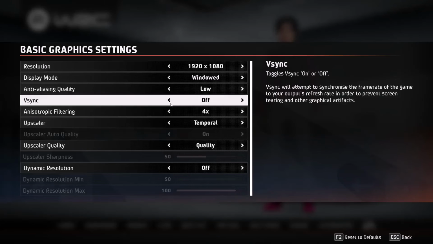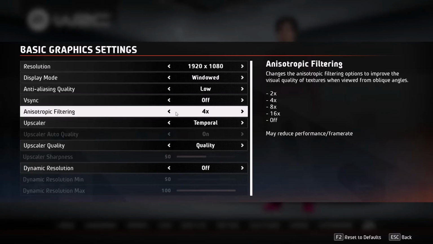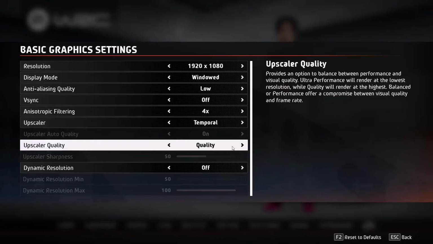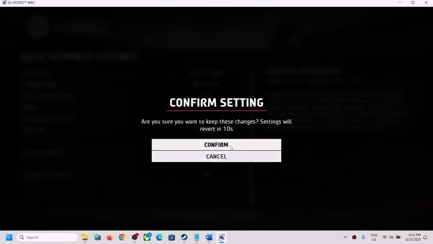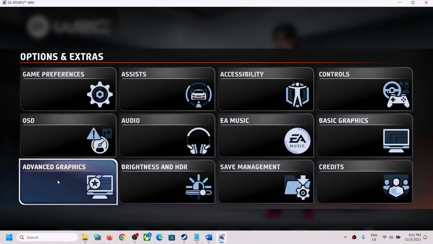And you can turn off the VSync and then check. If that does not work, you can turn on the VSync. So check both on and off and then check. Scroll down. Now if the upscaler quality is set to ultra performance, you can select quality. You can turn off the dynamic resolution, turn this off and then apply the settings and then go to advanced